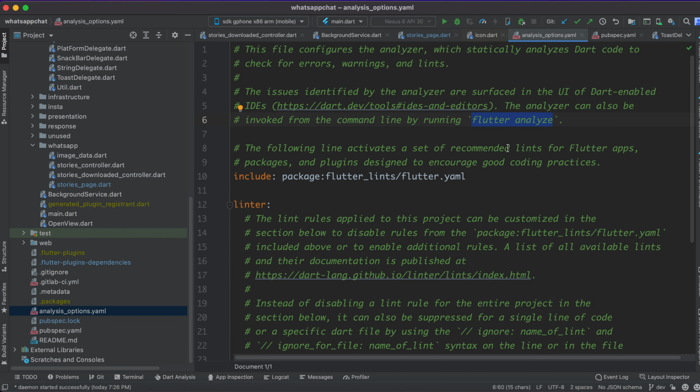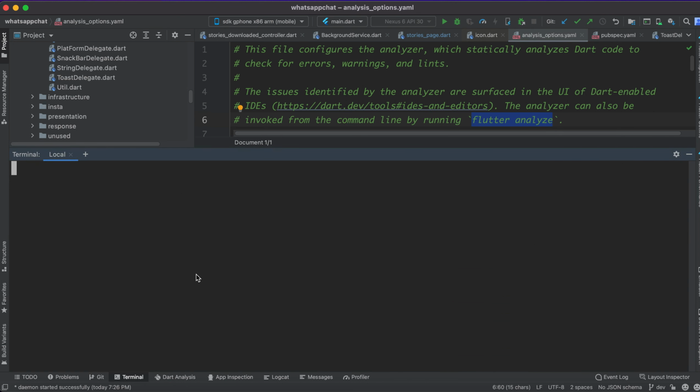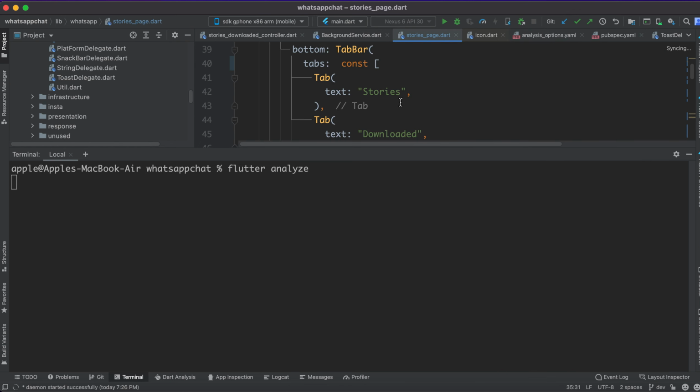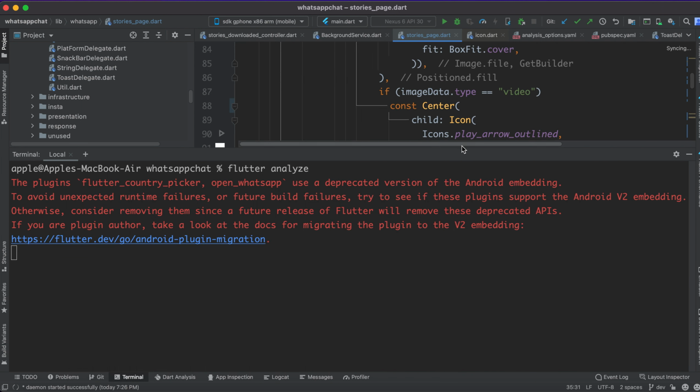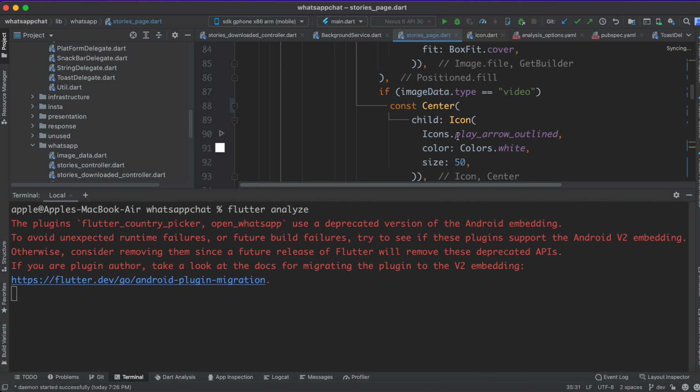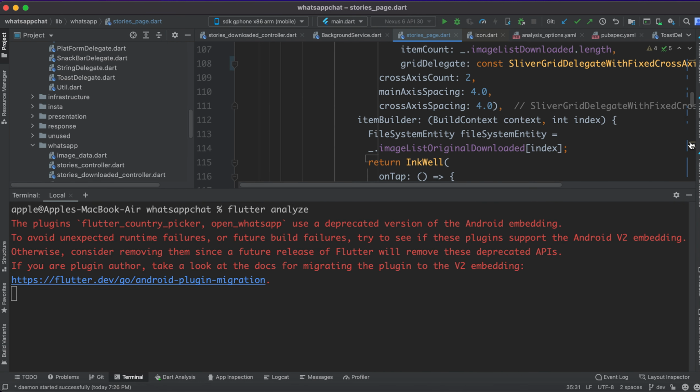If I run this command, it will suggest where we can improve our code and what we should avoid. If I run the flutter analyze command here, it will also provide suggestions. Until this command is executing, we will check some other things they are suggesting. Suppose I come down, or I'll check from here also.